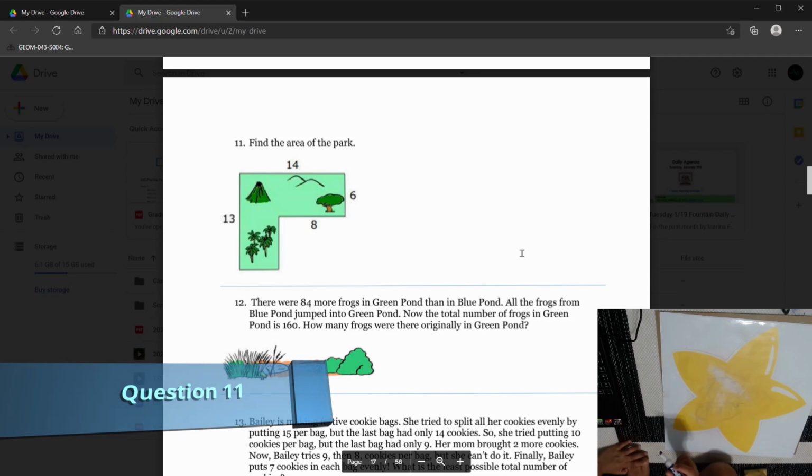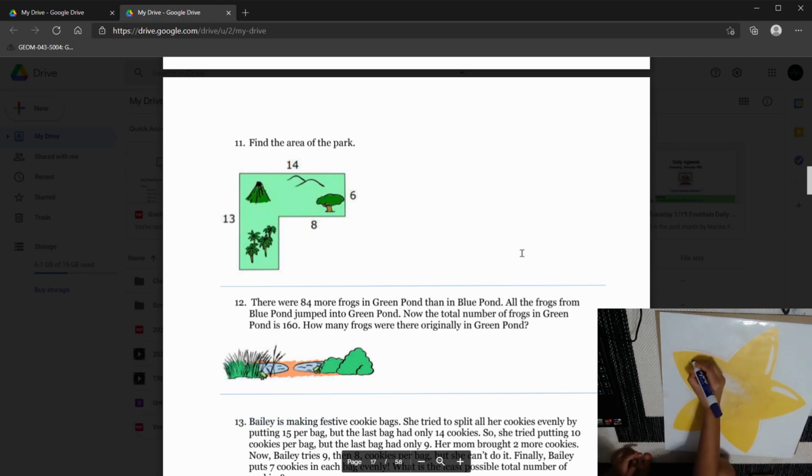Moving on to number 11. Find the area of the park. So I think I have a different way of how most of you guys would do this. Okay, so yeah, this is how much information we have. So if we draw this a little bigger right here, I don't know why I did that. Why I didn't do that last time, but yeah. So now that we have it like this,